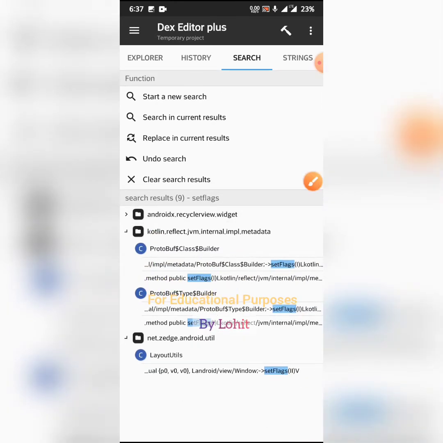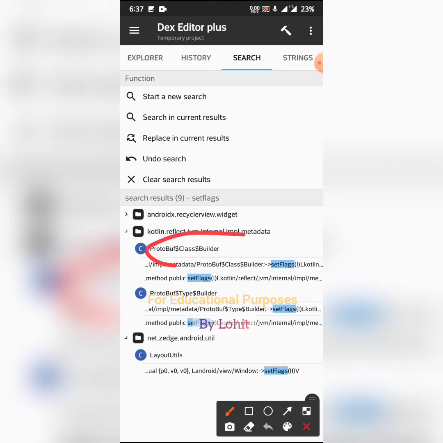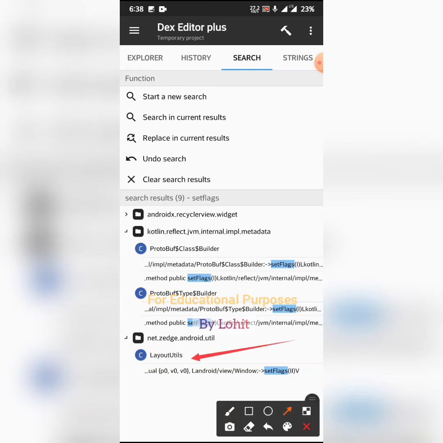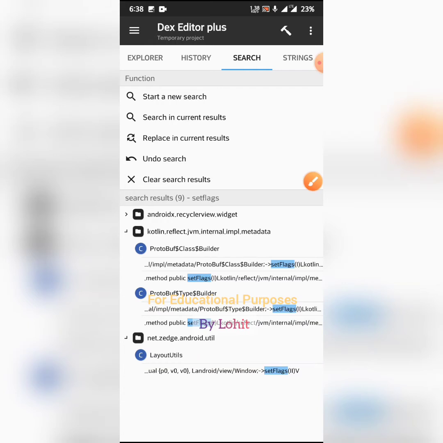We find here this method and this method. So we saw that this one also, and this one also. Here we will also see this LayoutUtils.